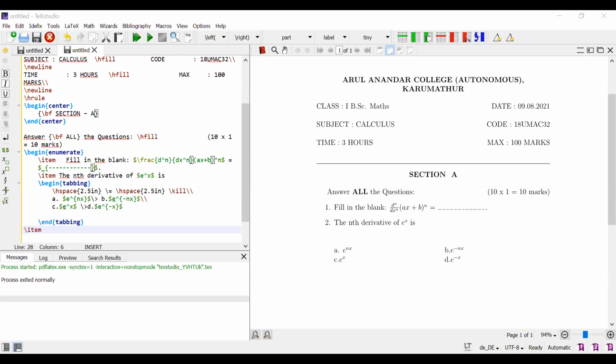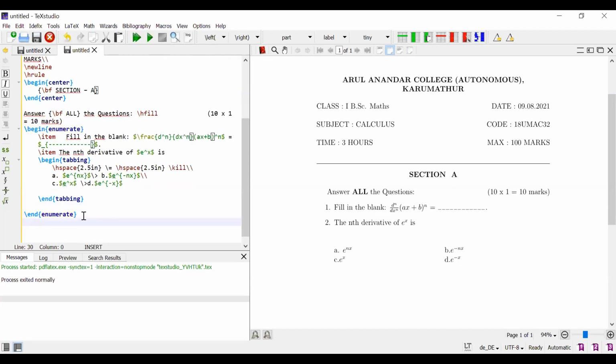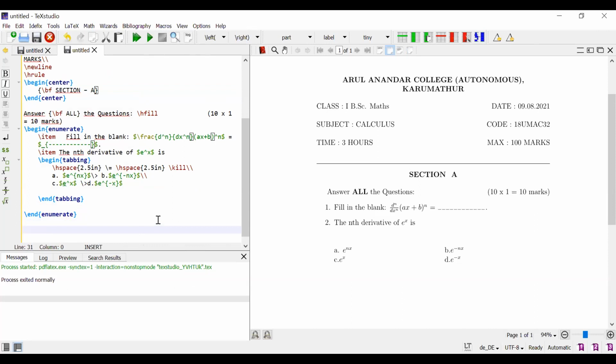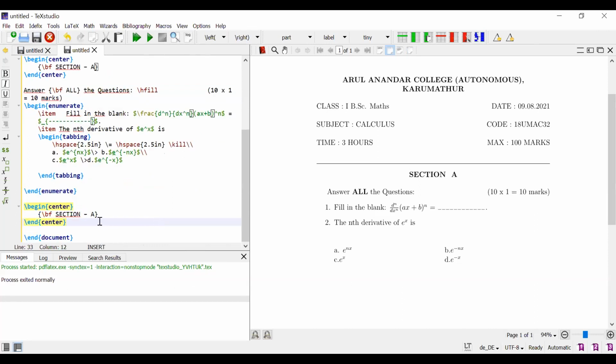Suppose I want to go section B. Just fix it and next, the number of questions, answer any 5 questions.